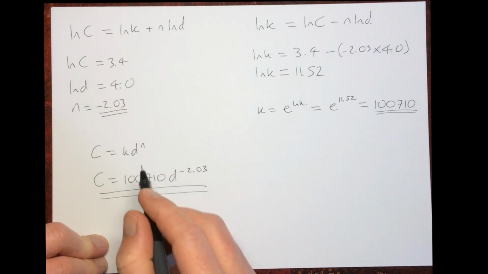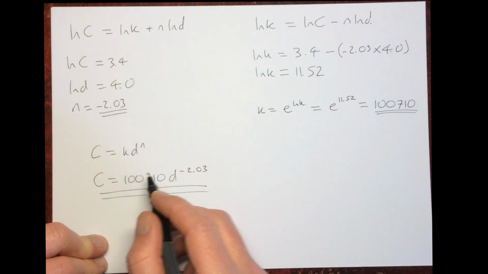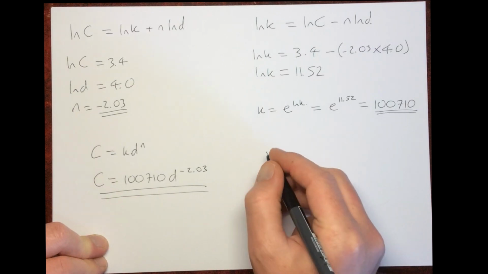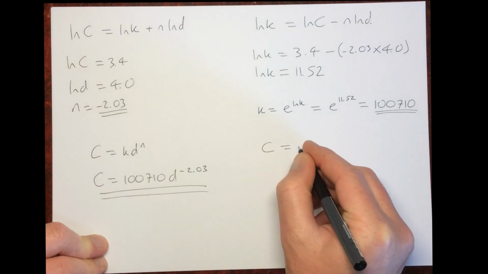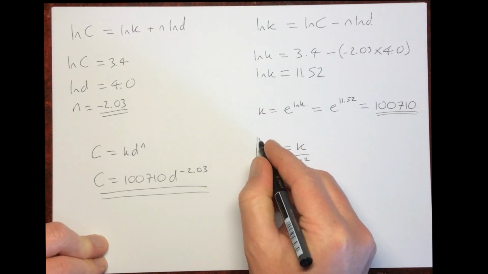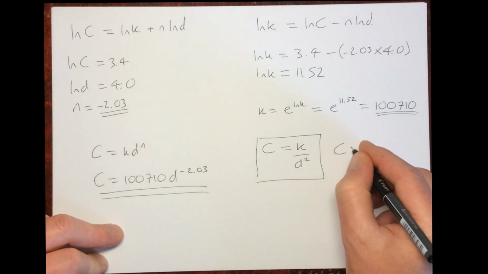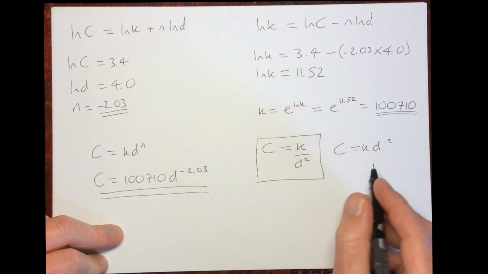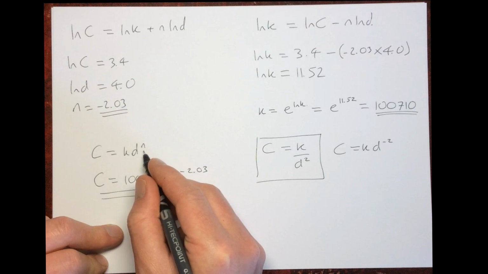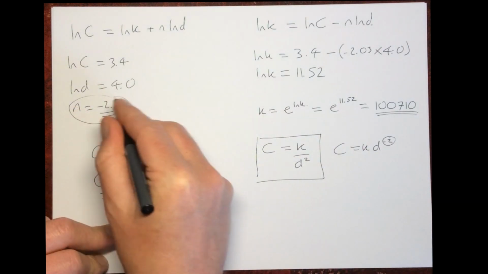Now you may also be asked, does your graph confirm this equation? I would say yes, because you can rewrite this equation as c equals k d to the power of minus 2. So we know that our value for n here should be minus 2, and it is minus 2. Okay,